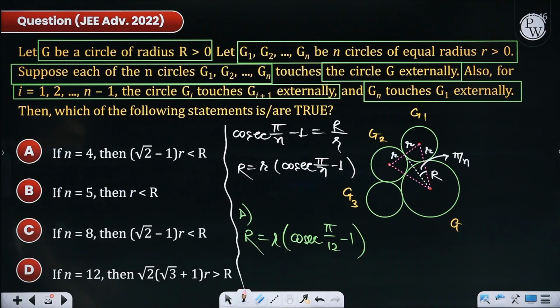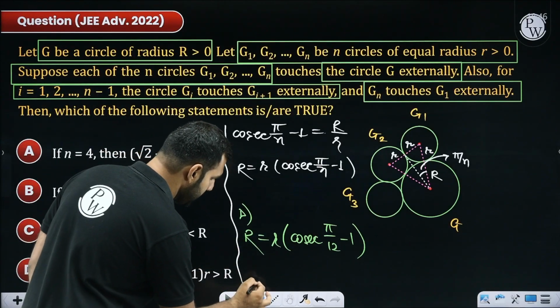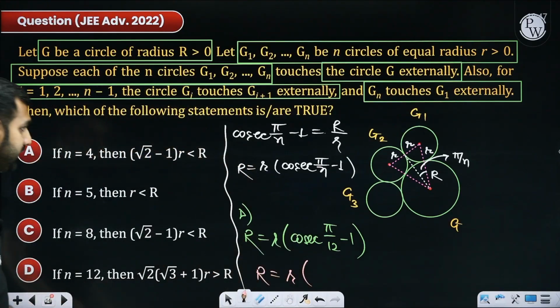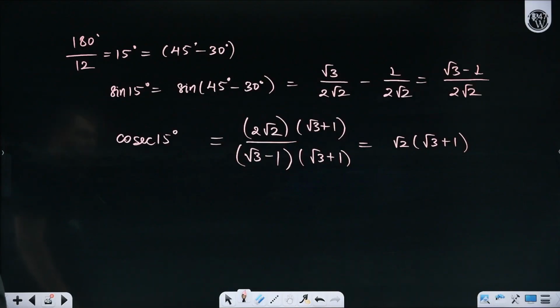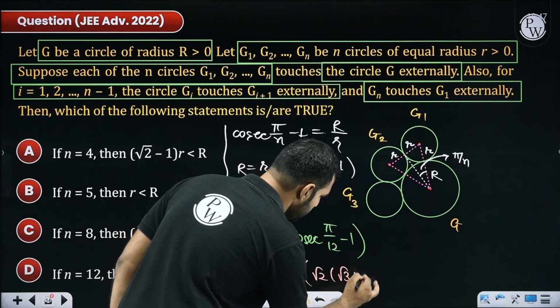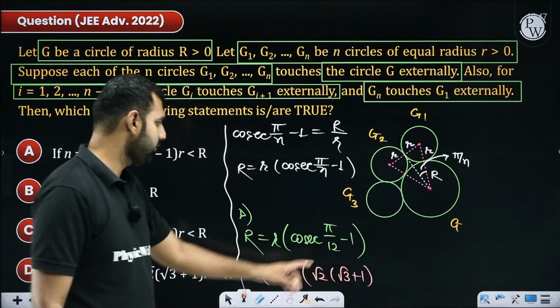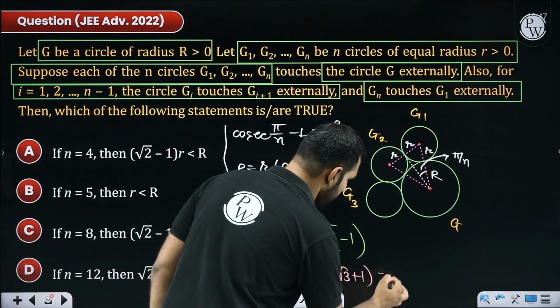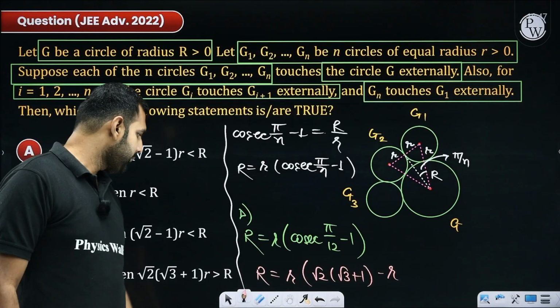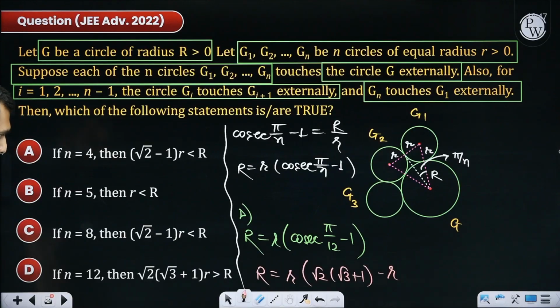Now, let me try and work out the result at this stage. What I get is, this is capital R. Capital R is equal to small r times cosec pi by 12. I think cosec pi by 12 we have just cracked as root 2 times root 3 plus 1. So this will be root 2 times whole of root 3 plus 1, minus 1. If I multiply with this small r, I hope it can be placed like this. Everyone getting this? Now, I am trying to see a result or a conclusion here, which is a very beautiful result,